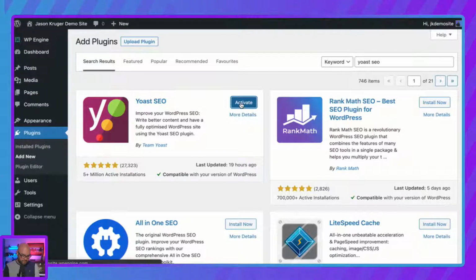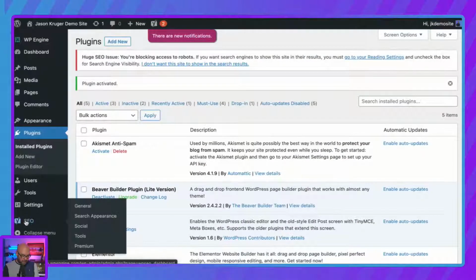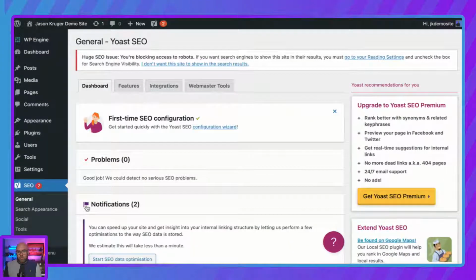Activate it. And once it's activated, you'll now have this section down here on the menu, and you can go into general and go through all these settings. Now I will create a new video going through the SEO details,